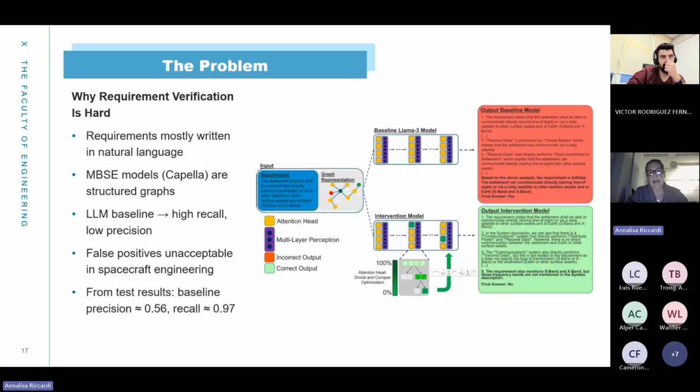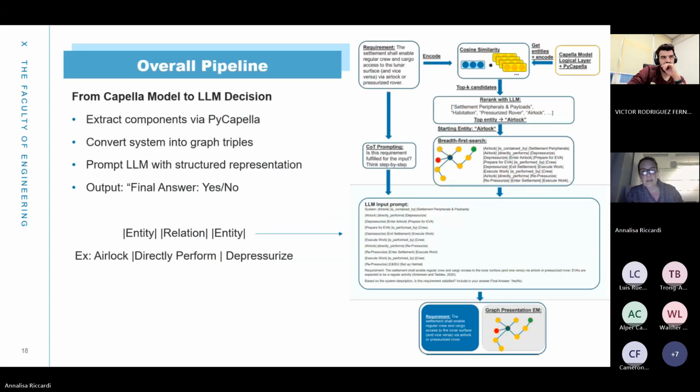But in an environment like engineering, requirement verification, like we said before, false positives are unacceptable. You can't have an automated system that tells you a requirement is verified when in practice it's not. So that's where we want to introduce these intervention techniques, to avoid this behavior of saying a requirement is verified when it's not. So the whole idea of this work is, first, we have a whole part of the